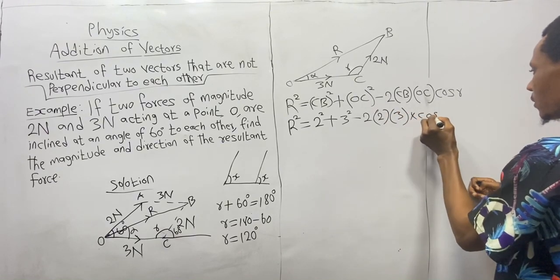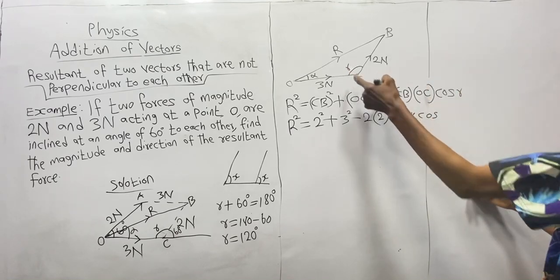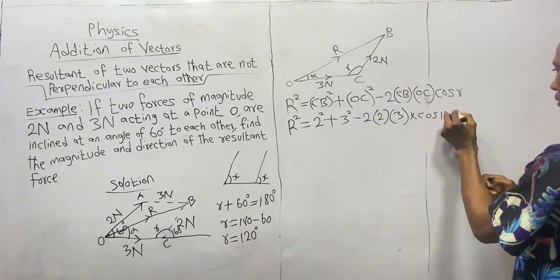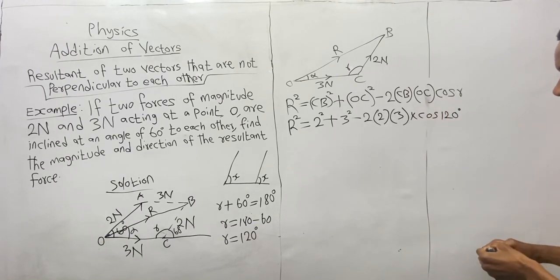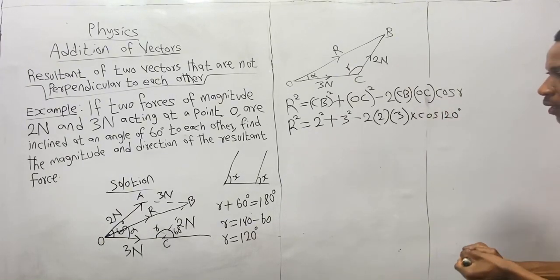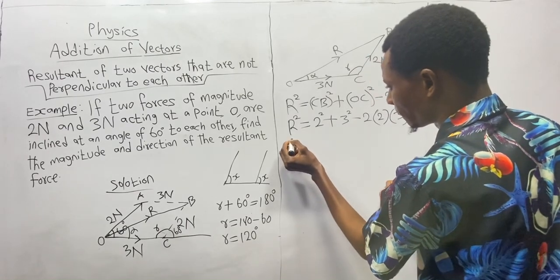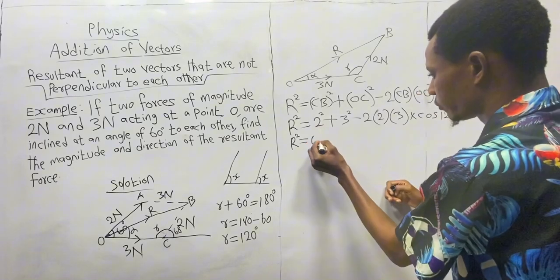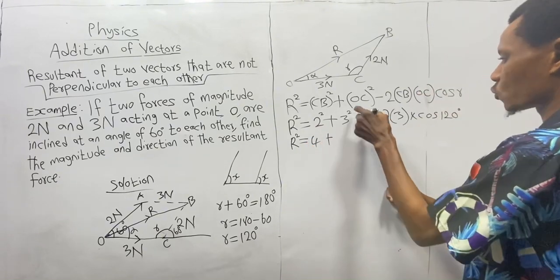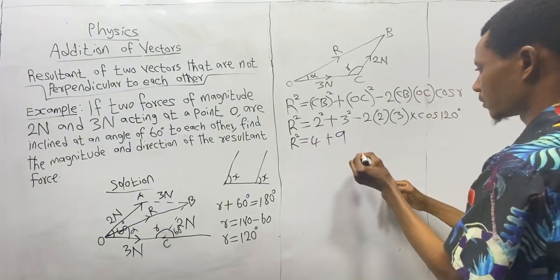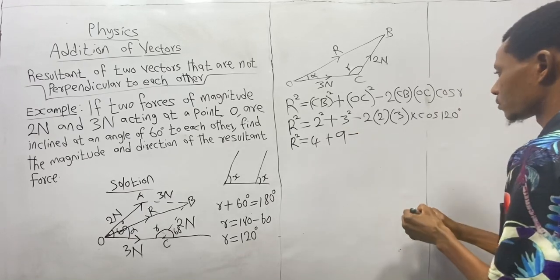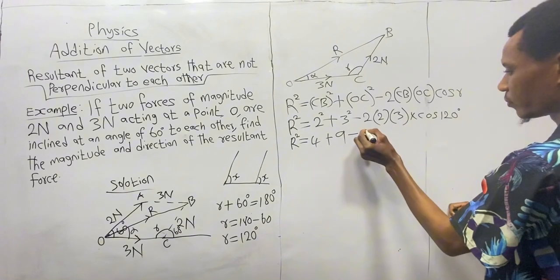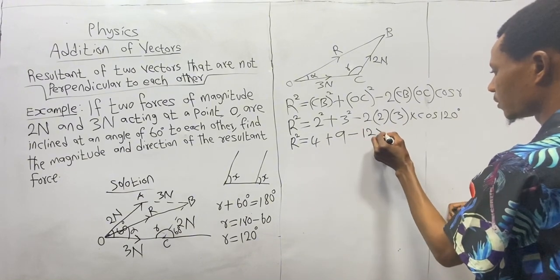Times cos R now. The R, we have gotten R to be what? 120 degrees. So R squared will now be equal to what? 2 squared means what? 4. Plus 3 squared means what? 9. Minus 2 times 2, 4. 4 times 3, 12. We now have 12 times